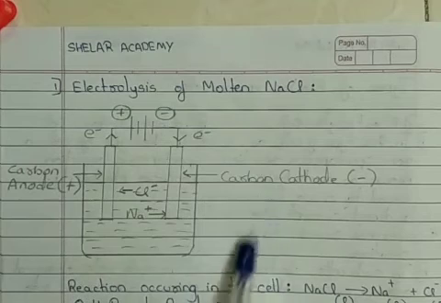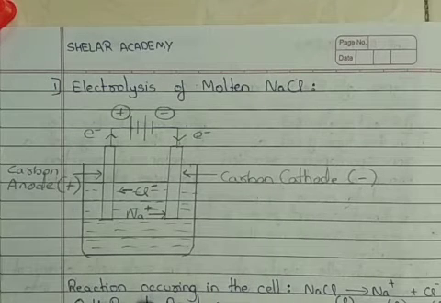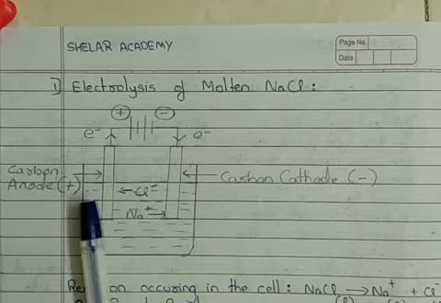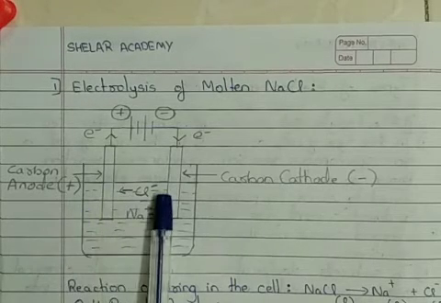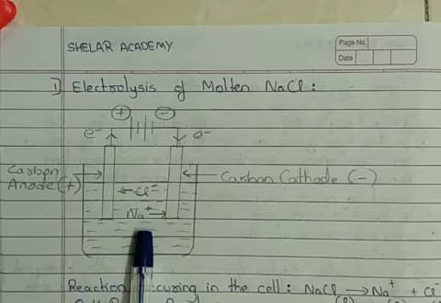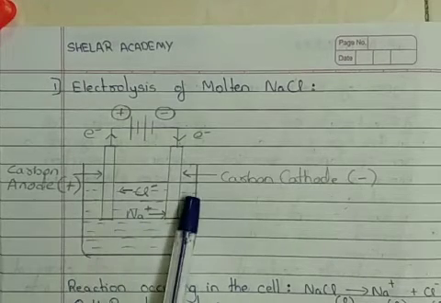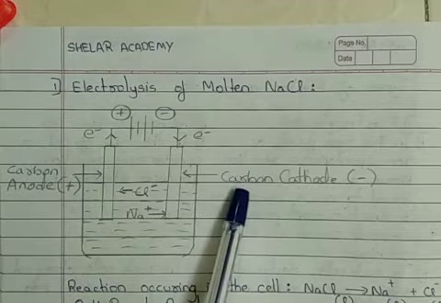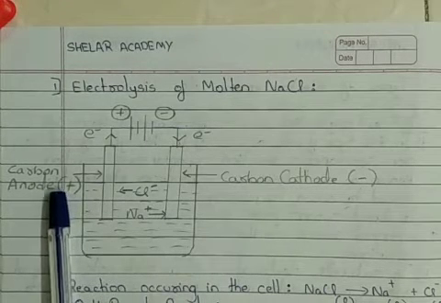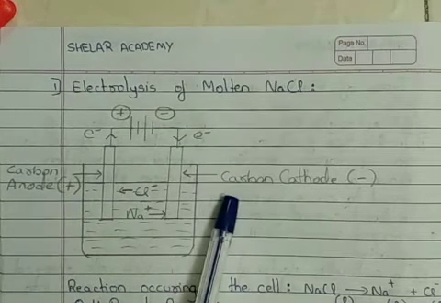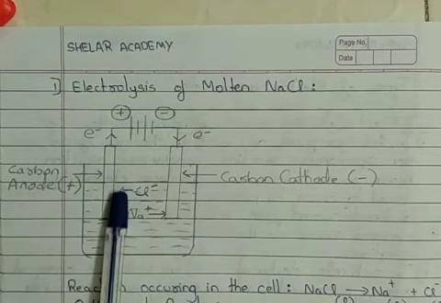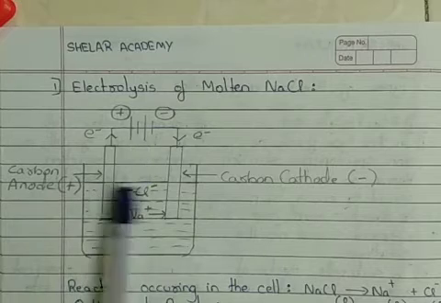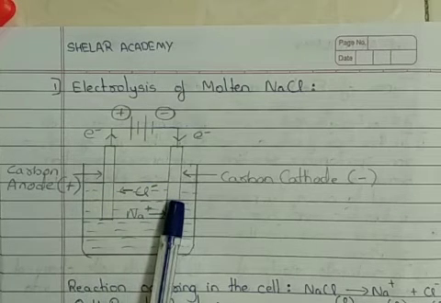Now first let us concentrate on the construction of electrolytic cell. Now electrolytic cell is basically developed by dipping two metal plates into an electrolyte. In this, our two metal plates are made up of carbon. Sometimes it is also written as graphite. It is the same. Now depending upon which terminal of our battery these electrodes or plates are attached to decides who will work as anode and who will work as cathode.